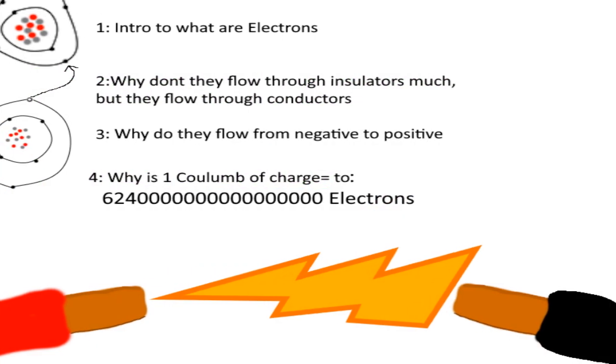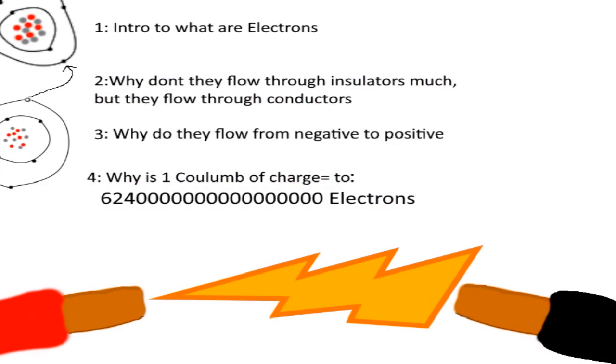1. Introduction of what electrons are. Why they flow through conductors and not insulators. Why do electrons flow from negative to positive? And also, why is 1 coulomb of charge 6240, and then there's just